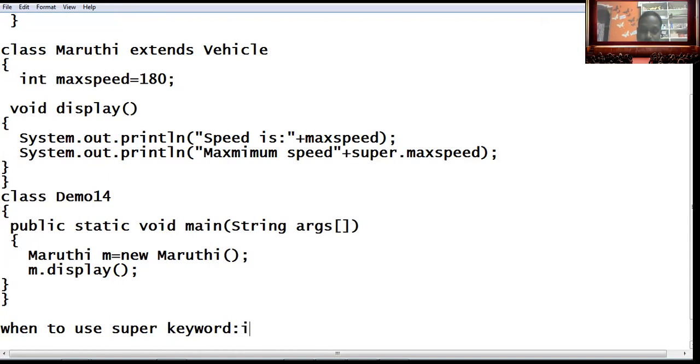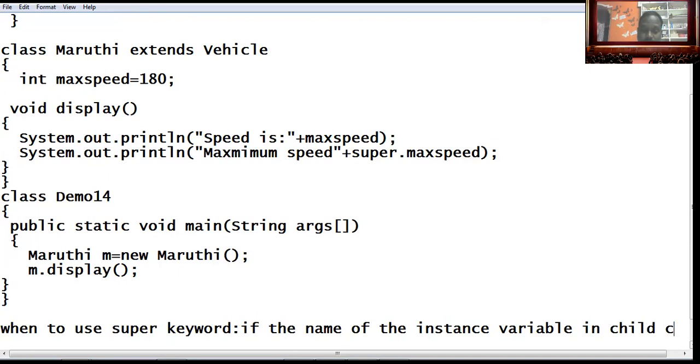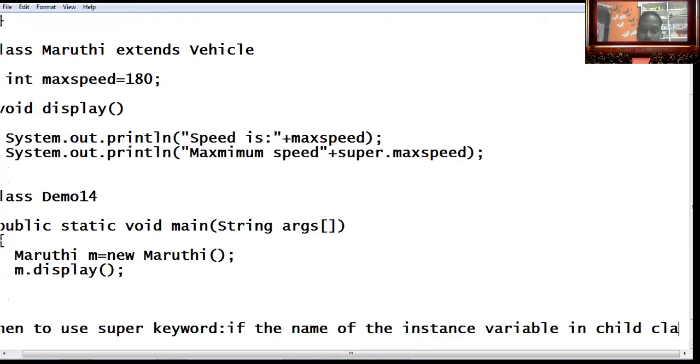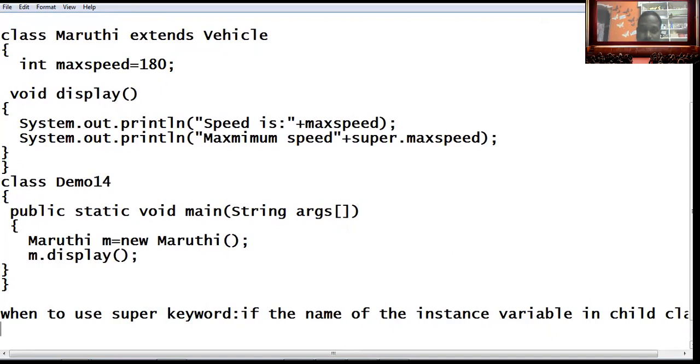See here, if the name of the instance variable in the subclass, in the child class, is the same as in the parent class,